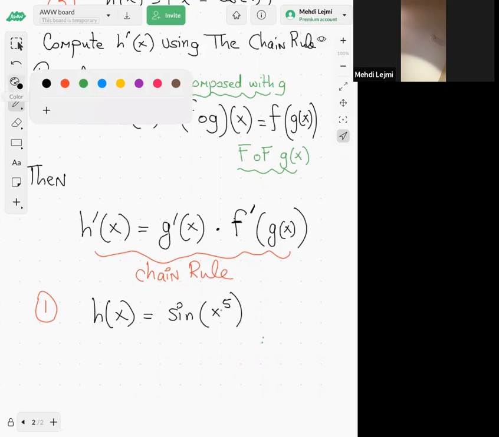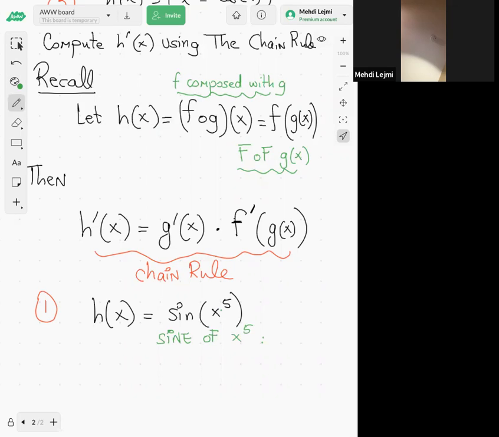This is the composition of two functions, sine of x and x to the power 5. So let's say f of x is sine of x, and g of x is x to the power 5. Then f of g